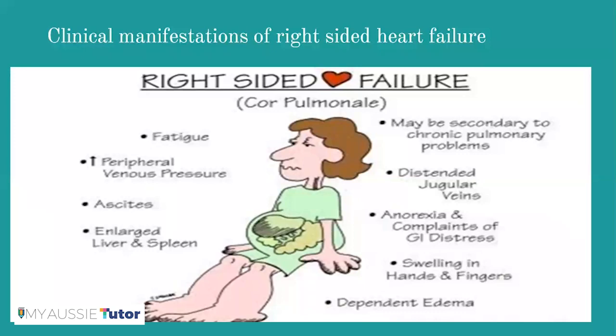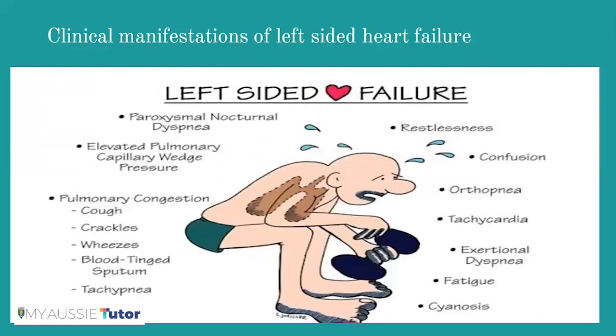Also distended jugular veins, increased JV pressure, and increased peripheral venous pressure, causing swelling in the hands and fingers, and dependent edema in the feet and ankles because of the accumulation of fluid, anorexia and complaints of GI distress, and distended jugular veins, which may be secondary to chronic pulmonary problems. Why? Because the pulmonary problems occur due to left-sided heart failure, which then causes chronic pulmonary problems leading to right-sided heart failure. Now, in left-sided heart failure, the patient has paroxysmal nocturnal dyspnea, pulmonary congestion, cough, crackles,